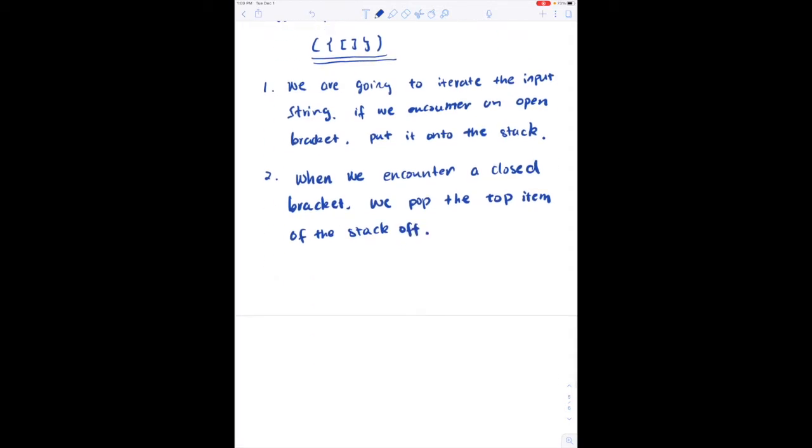So for example, I want to give you a clear picture, this is our stack, and then we have different brackets, right? So we push all the open brackets onto the stack, and then when we're iterating through this string, and we encounter this closed bracket, we pop this one off